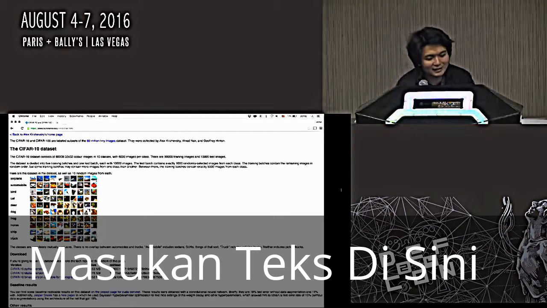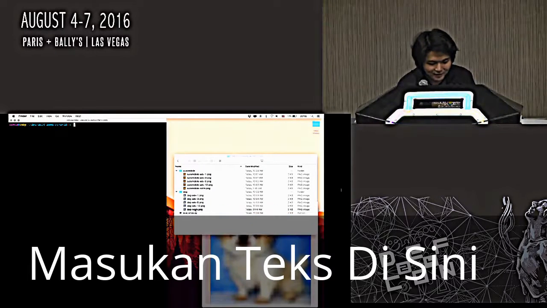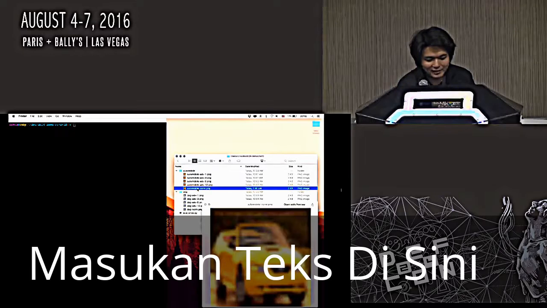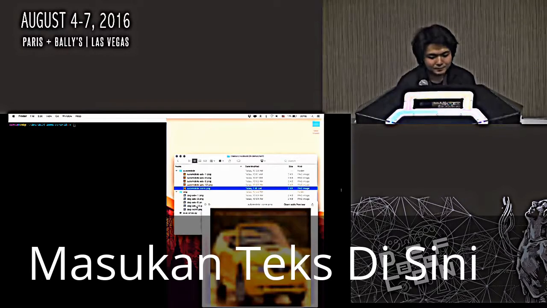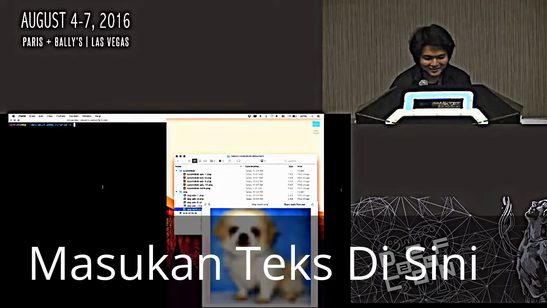The interesting thing is that these images are not high resolution images. You don't take them with your phone. They're 32 by 32 pixels large. So this is the actual size of it. Actually, maybe bigger. And so we're looking at 2 sets of images here, dog and automobile. Just chose them because dog looks cute.